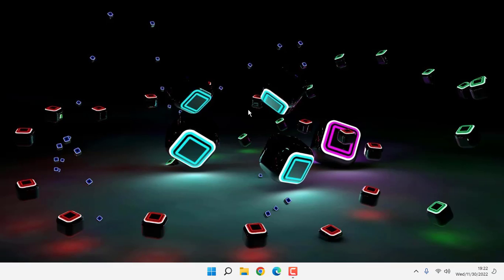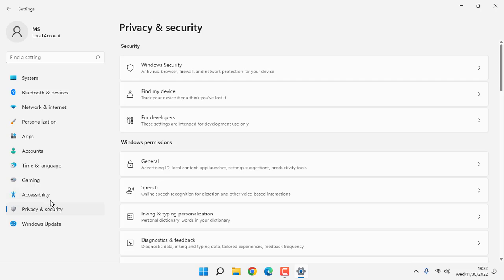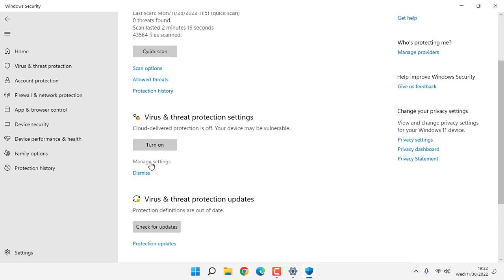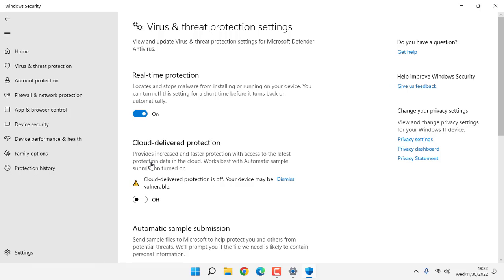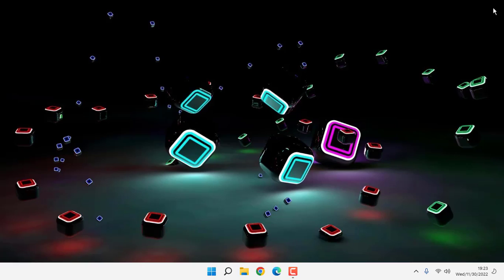First of all, open your Windows 11 settings, then select Privacy and security, then click on Windows Security. In this, double click on Virus and threat protection, then click on Manage settings. Here you disable real-time protection, click on Yes, then disable delayed protection also, then close this window, open Google Chrome,